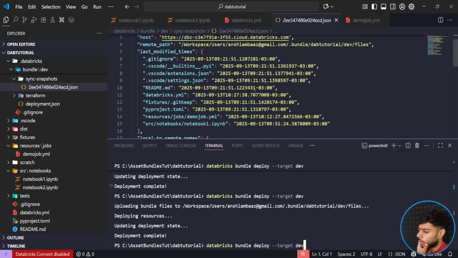And if I scroll down, it is saying deployment complete. Let's see, now we have notebook 1 there. And if I go to jobs and pipelines and let me just refresh, you will see obviously the jobs are there, which is called dev Ansh Lamba easy, then demo job. Make sense? That's how it keeps a track of